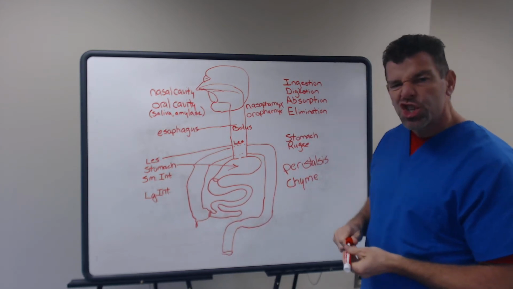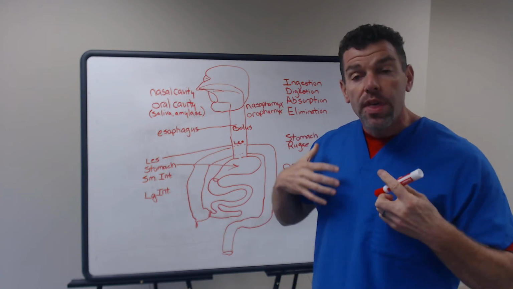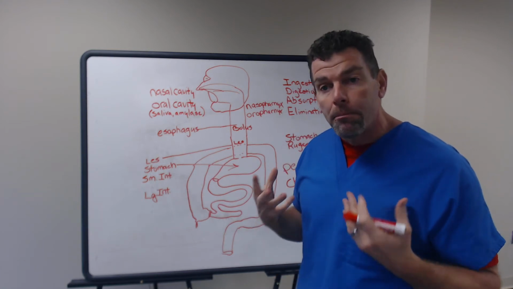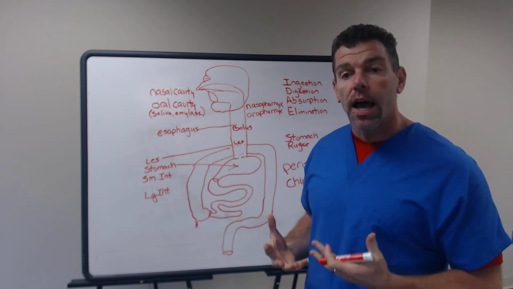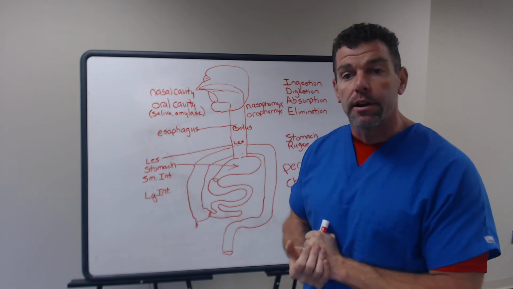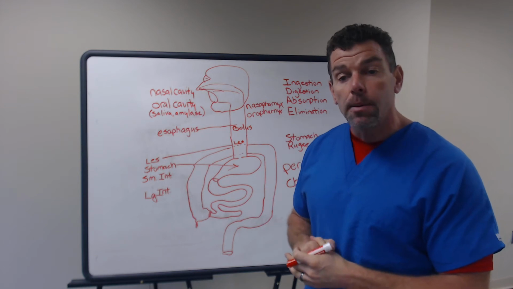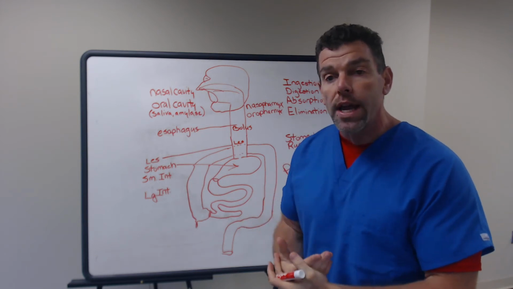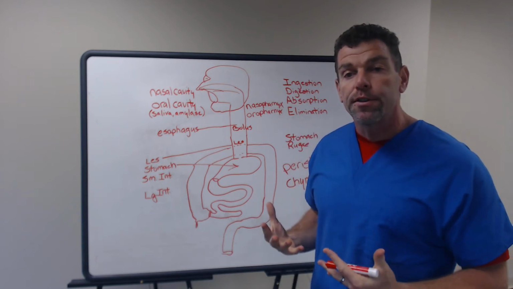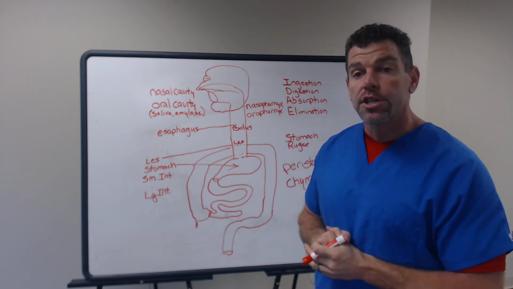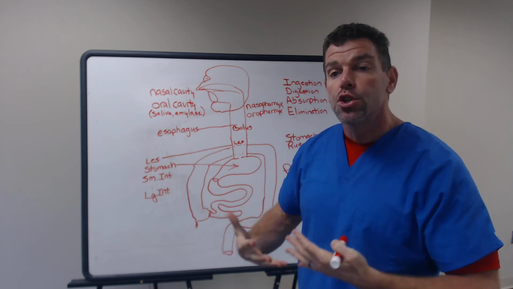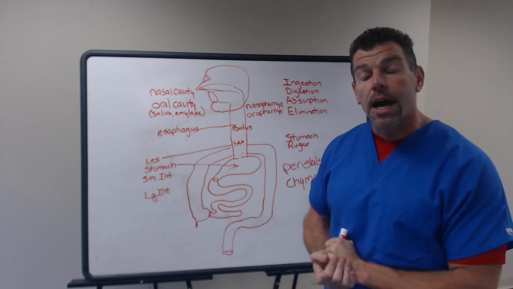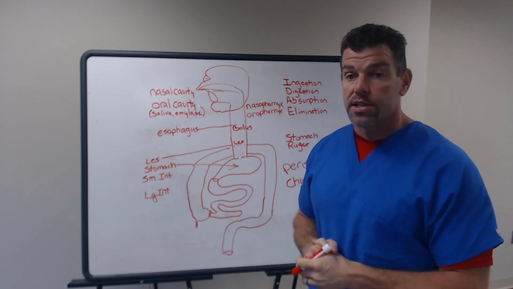And chyme is a soup-like material that now, because of its liquid form, is absorbed by those villi because the villi are very rich in vascularity. These vessels aid absorption. And so this aid in absorption greatly increases the surface area, therefore greatly increasing absorption and getting these nutrients into our bloodstream where they can be carried throughout the entire body and utilized where necessary.